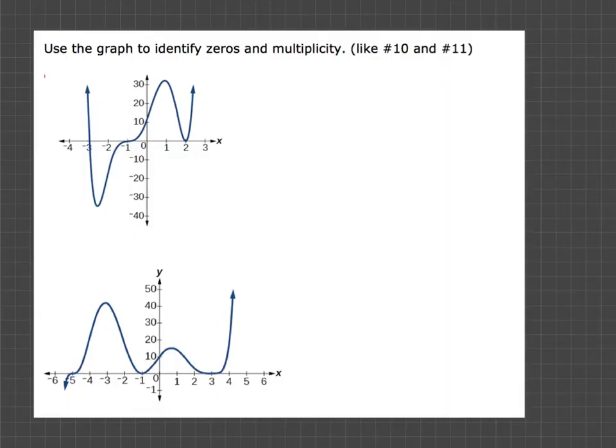All right, here are 2 examples. These are like number 10 and 11. And in this first one, what we want to do is use the graph to identify zeros and multiplicity, just like what we did in the previous example, but this time we have a graph instead of the actual function. So to find the zeros, we are going to look for the x-intercepts. When it says to find the zeros looking at a graph,